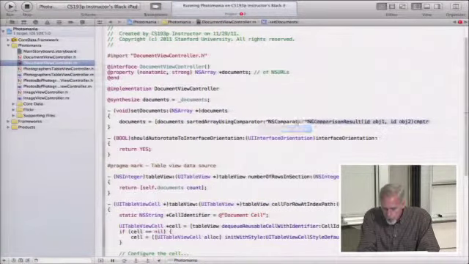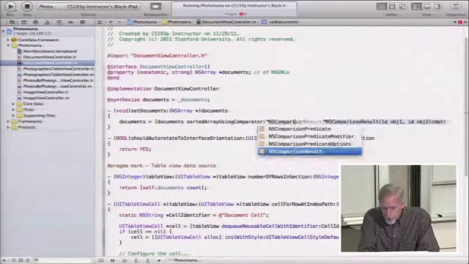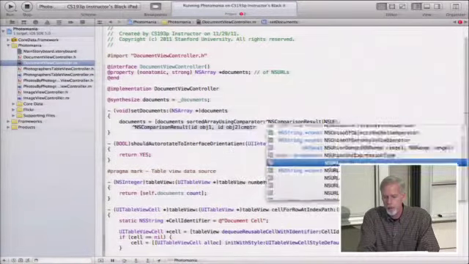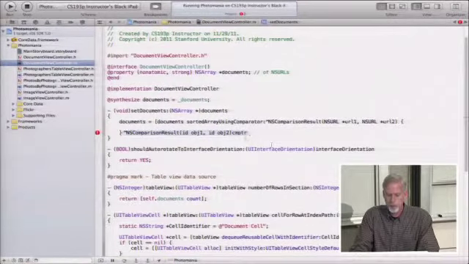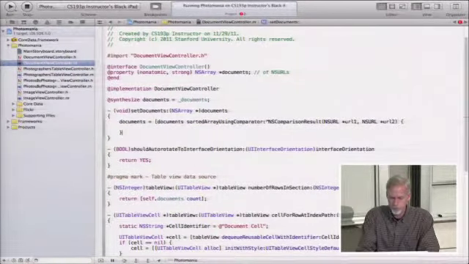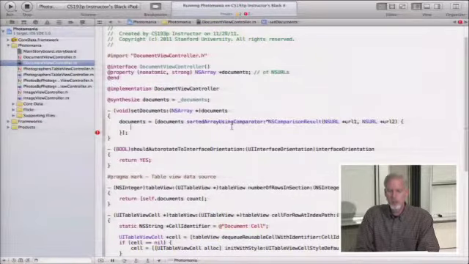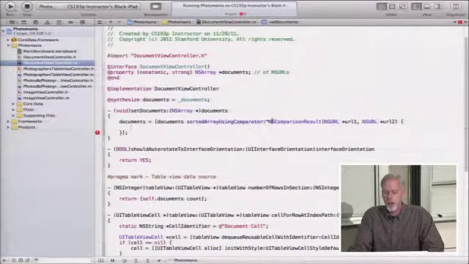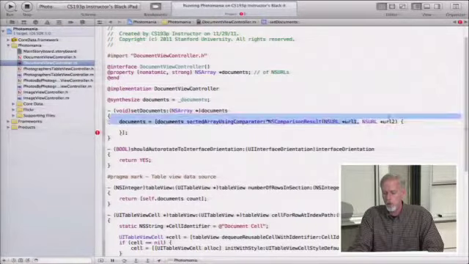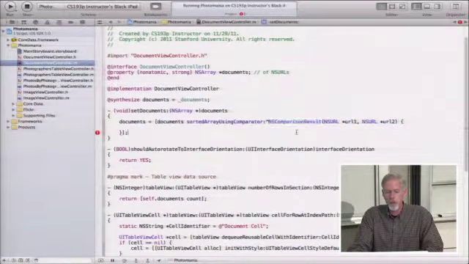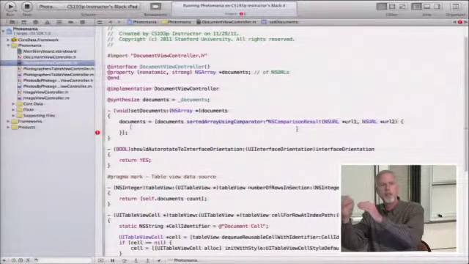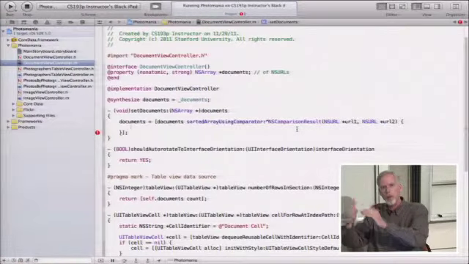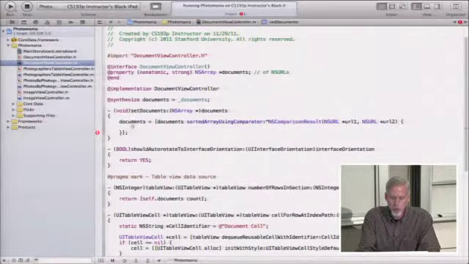NSComparisonResult, NSURL URL1, and NSURL URL2. So I have to make this block. And what do I need to do in here? Well, this block returns an NSComparisonResult, so I need to compare these two URLs and return an NSComparisonResult. I want these URLs to be ordered by their last path component, because that's the title of these URLs, that's the title of these documents. So I'm just going to return